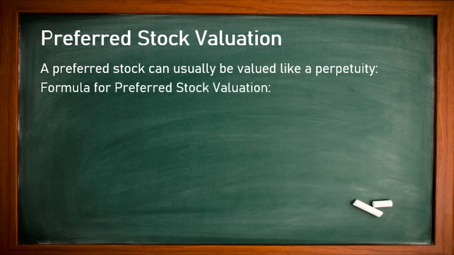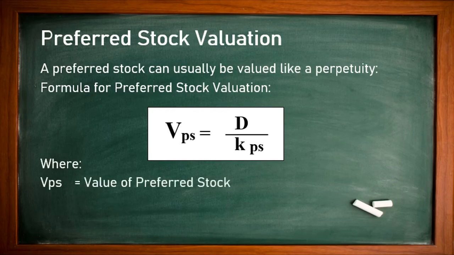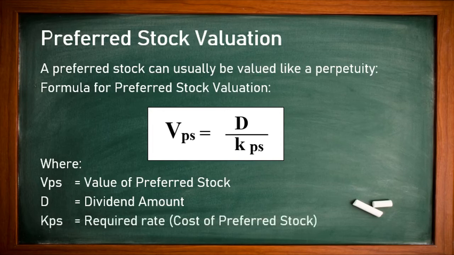Formula for preferred stock valuation is, we say that VPS is equal to D divided by KPS. Let's explain what VPS is. VPS is equal to value of preferred stock. Whenever we are calculating value, we are using the V. PS is representing the preferred stock. Here D is representing the dividend amount, and KPS is representing the required rate, or we can say the cost